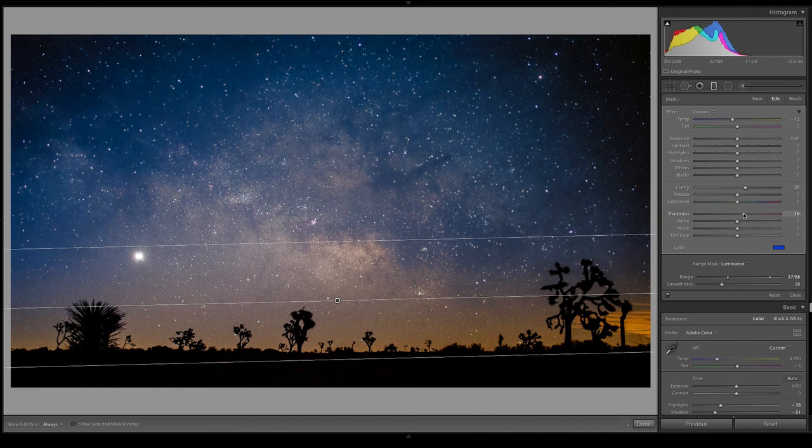For this one, I'm going to leave my sharpness as is. I just want to see that clarity down with the sharpness up. That looks pretty good, but I think for this photo, I'm going to go with the style of more stars, more detail. So that's looking pretty darn good.